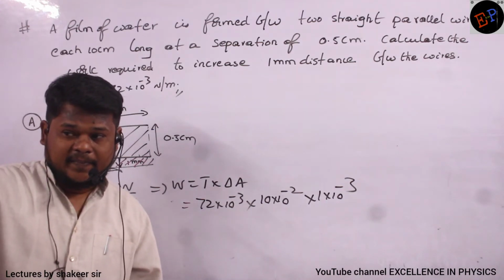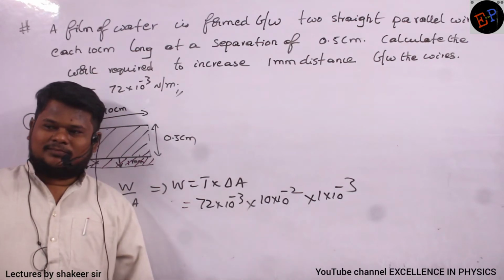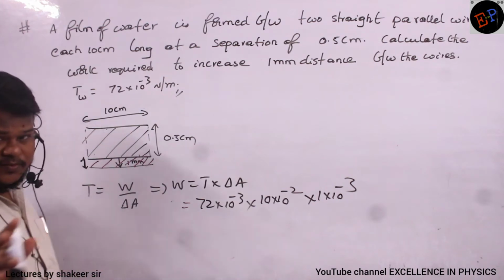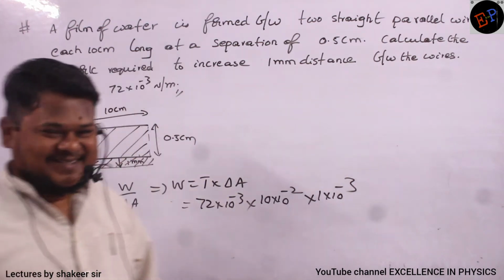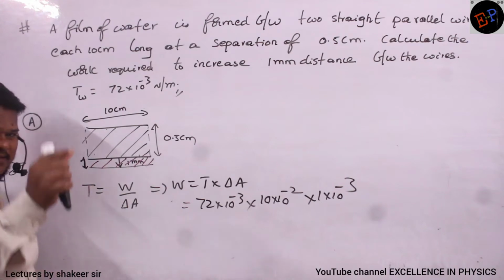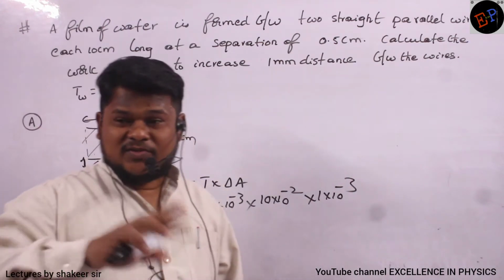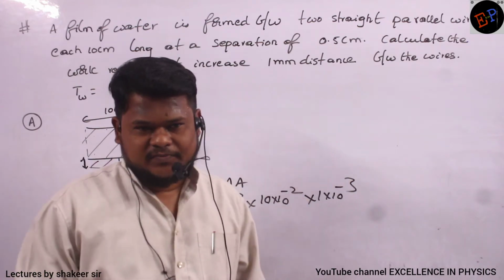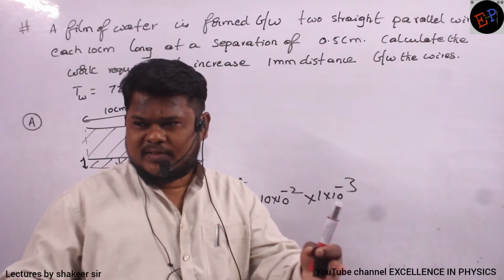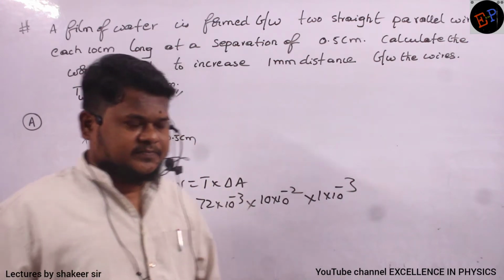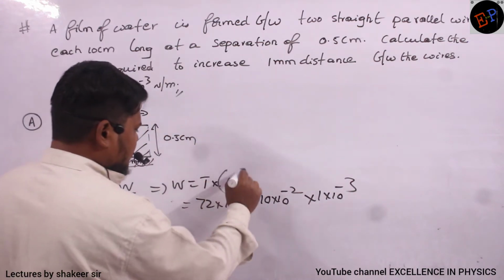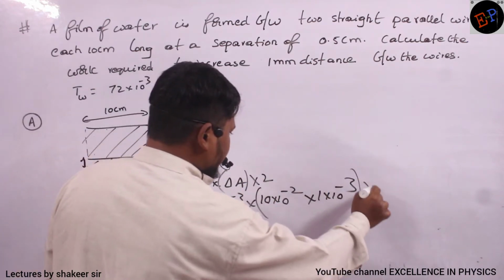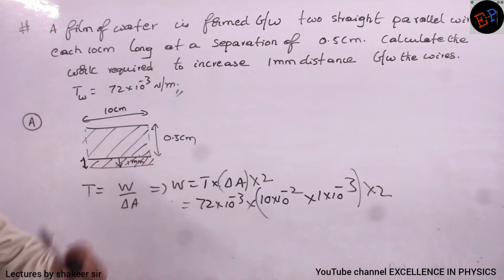Area into 4? Sima, this film has 2 areas, not 4 areas. So film means what? Again, it is a layer of liquid only, no? So it is open to the atmosphere on 2 sides, on the outer surface also, on the back side surface also. So if you are increasing the area, you are increasing the area 2 times, on the front side and on the back side. Clear, no? So therefore, change in area multiplied by 2. So this total value I have to multiply by 2. Now you will get the answer.